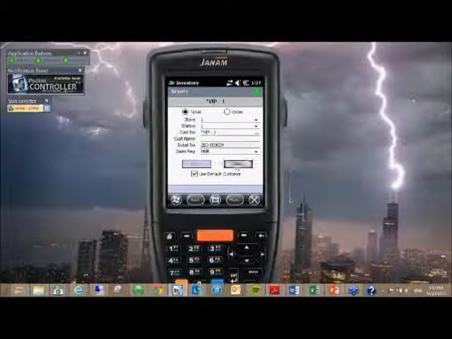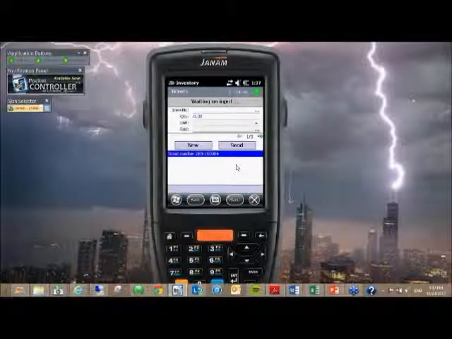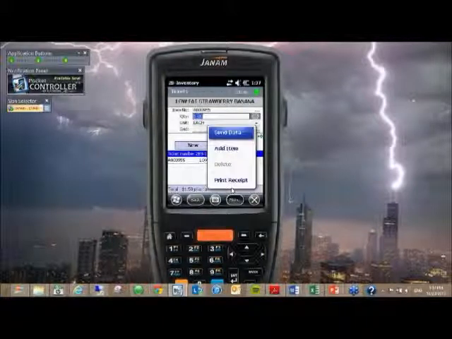So if I'm now ready to begin my next ticket, I can of course just begin the scanning process here. There is a print receipt option. So if I want to have the label printing that I mentioned, that's available in item lookup. It's also available in receiving, by the way, for the label printing. But for receipt printing, if I want to